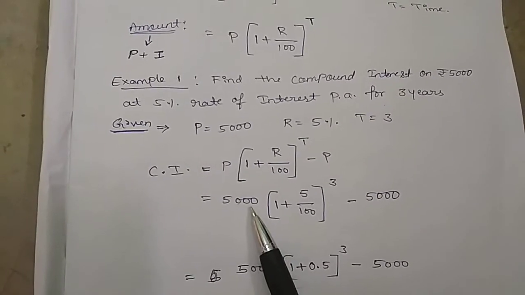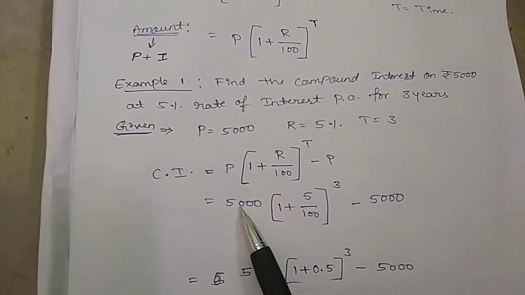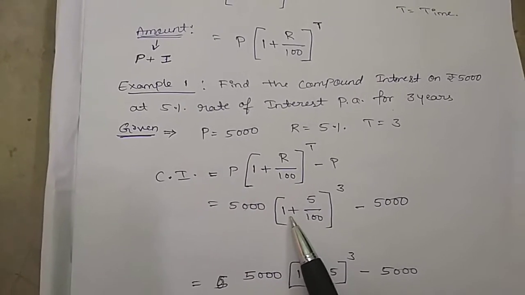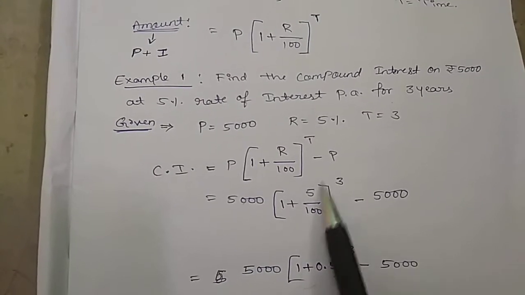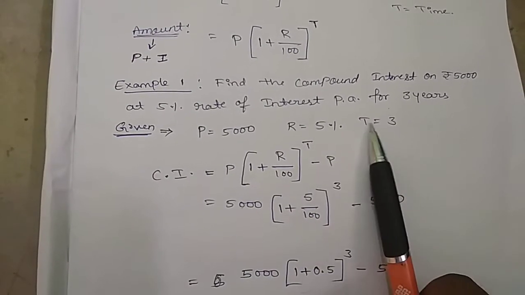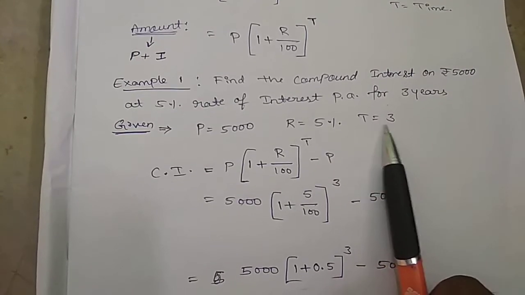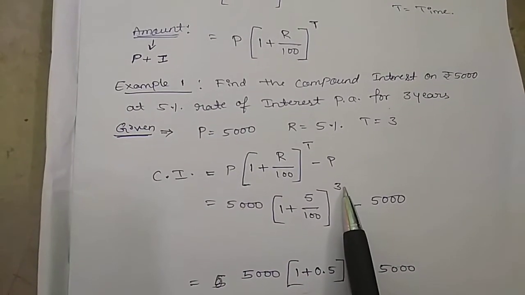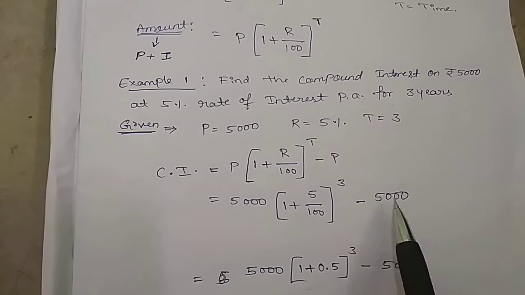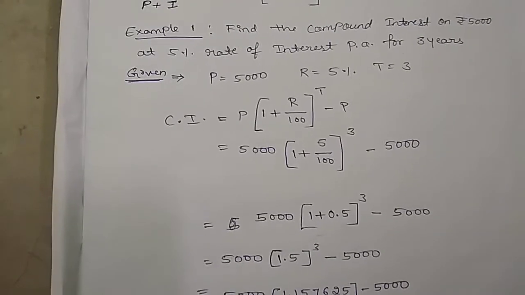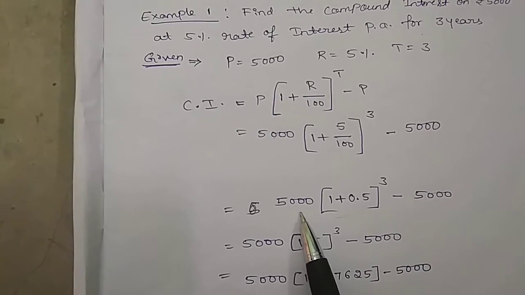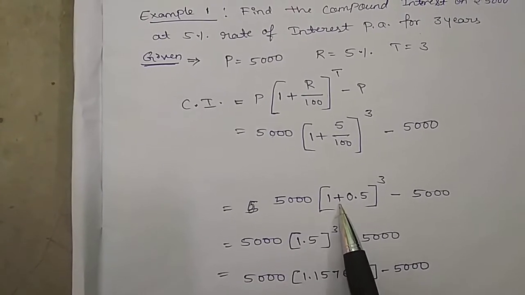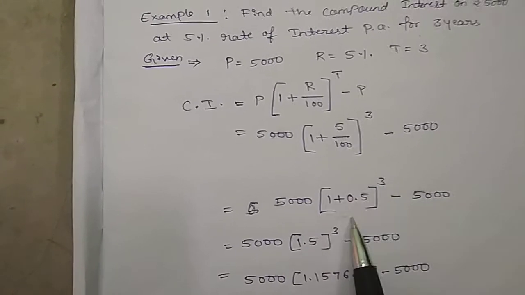P, the principal amount, is 5,000, into 1 plus R, which is 5, divided by 100, to the power of T, which is 3, minus 5,000. The next step, 5,000 as itself, and 1 plus 5 divided by 100 means